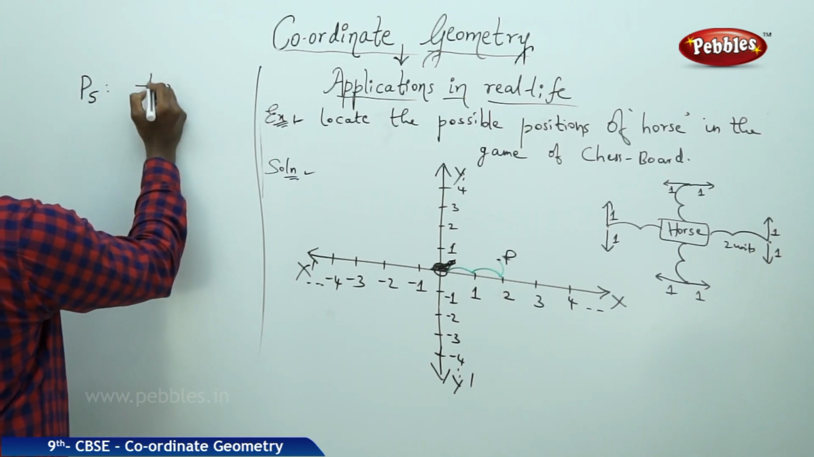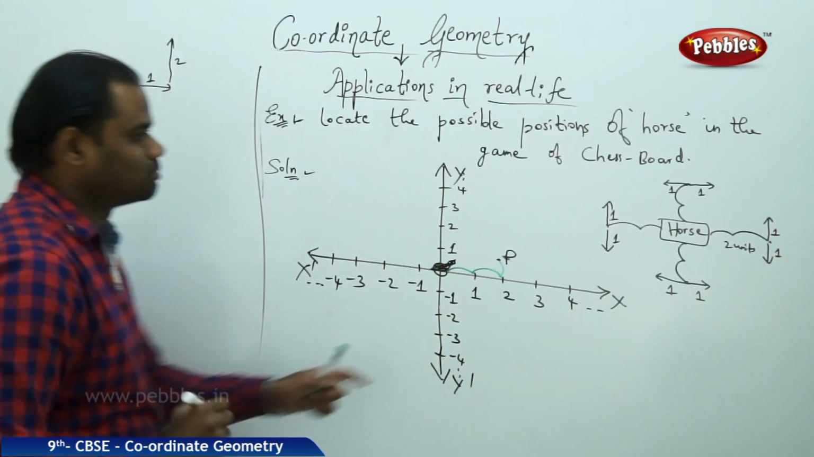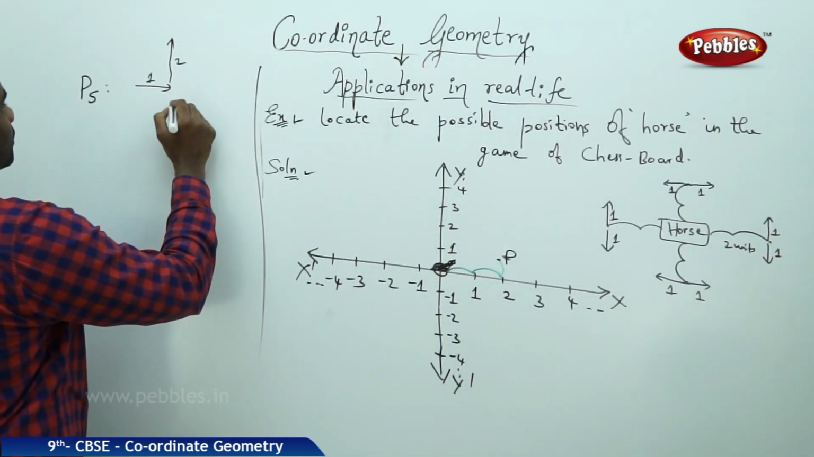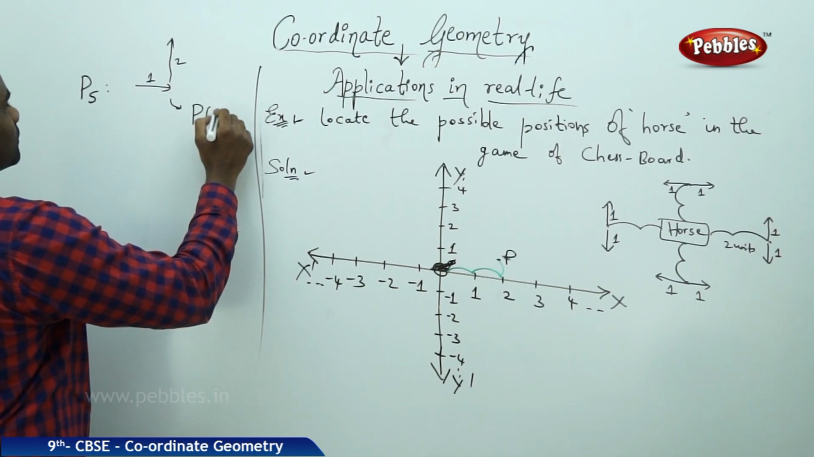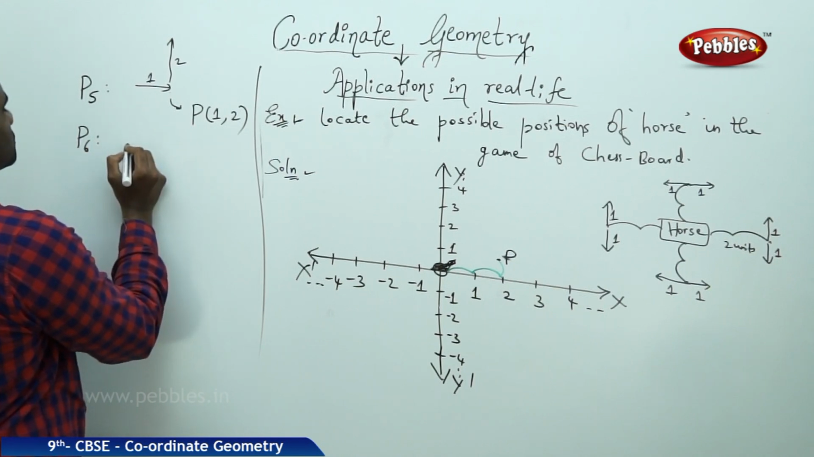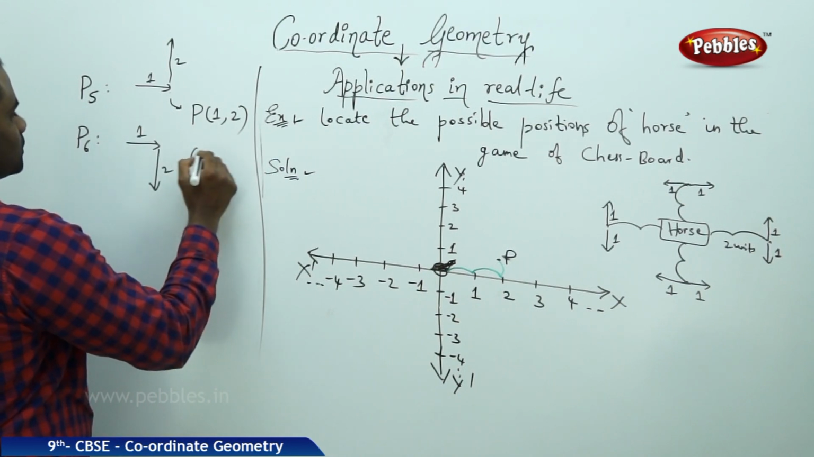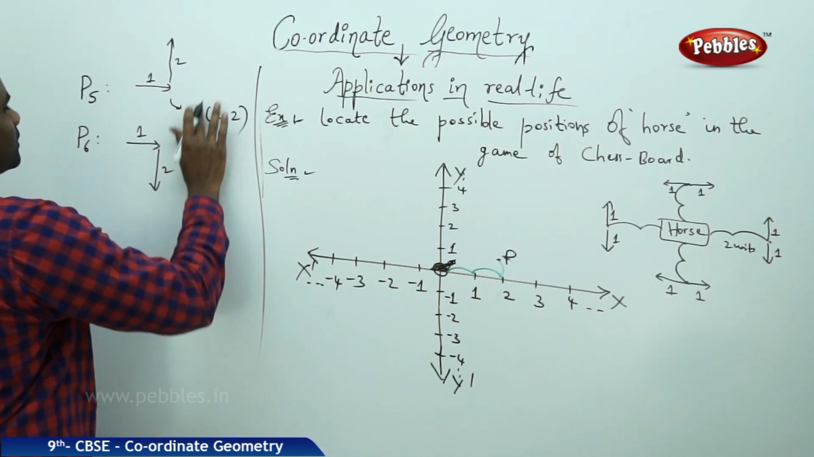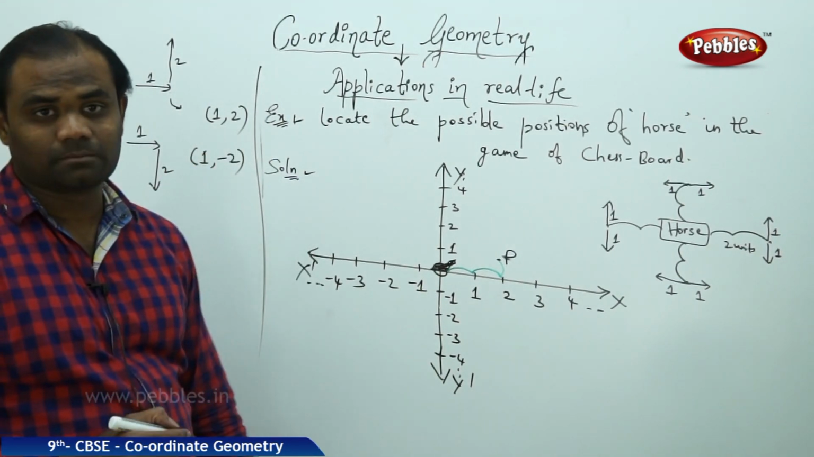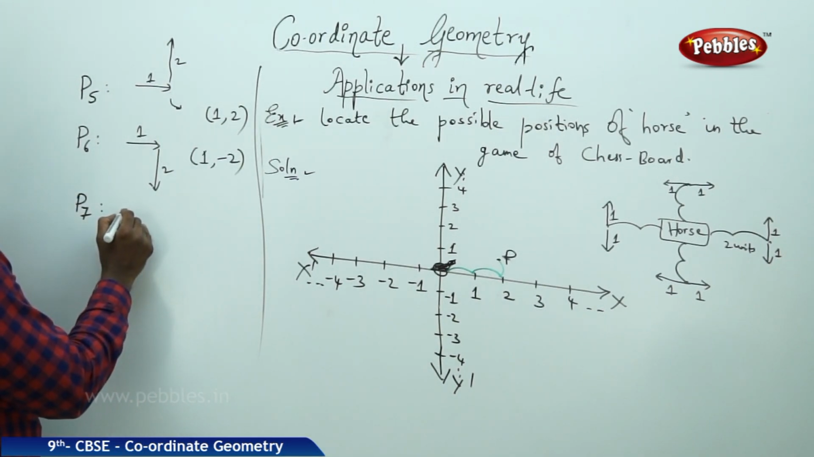moves 1 unit right and 2 units up. So the horse moves 1 unit right and 2 units up, and then I get this to be the coordinates 1, 2. Similarly, my next coordinate is when the horse moves 1 unit right and 2 units down. So I have my coordinates which are given by 1 unit right and 2 units down, and hence -2. Next, I have my P7, which is when the horse moves 1 unit